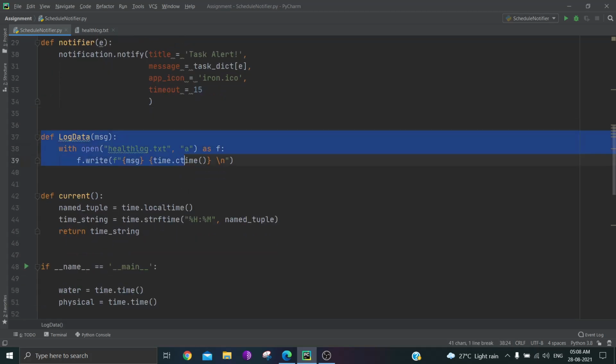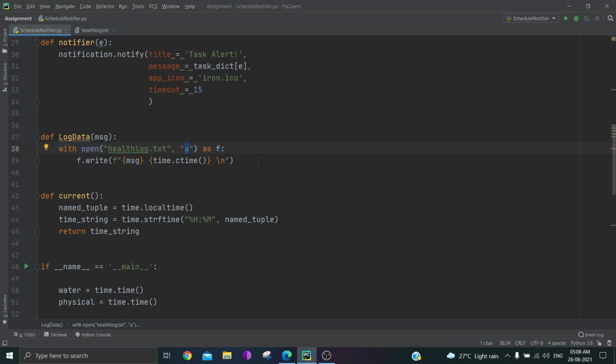I've even created a log data function. It is a simple function that would simply log the notified task or the drink water task in the text file which we have created, this text file. And I have opened this in append mode.